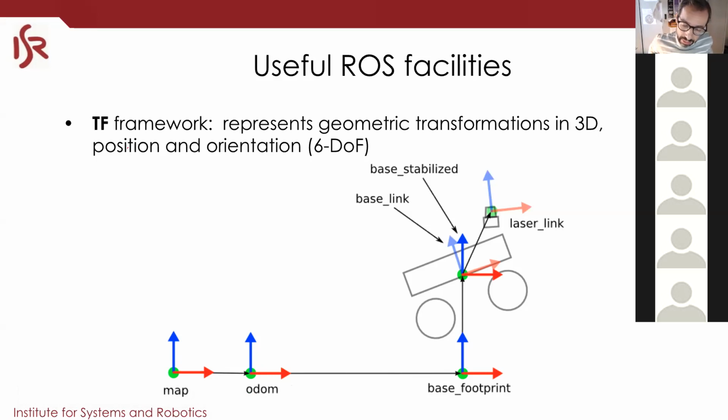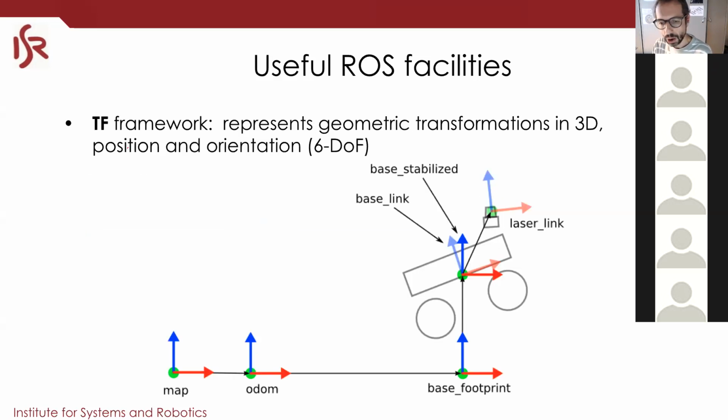And the other thing that has coordinates are the transformations between frames. Okay, there is one constraint, which is that it cannot be any graph; it has to be a tree. Okay, and that is a constraint that has to do with ROS. Okay, so you can have one frame having transformations to multiple other frames, but you cannot have one frame for which there are two transformations to that frame. Okay, that is not allowed in ROS. Okay, so it's a tree. It always has to be a tree.